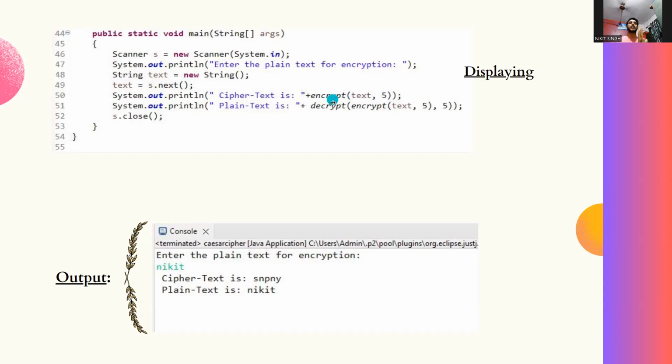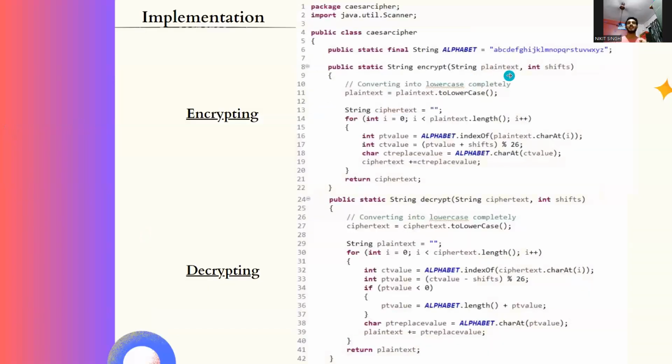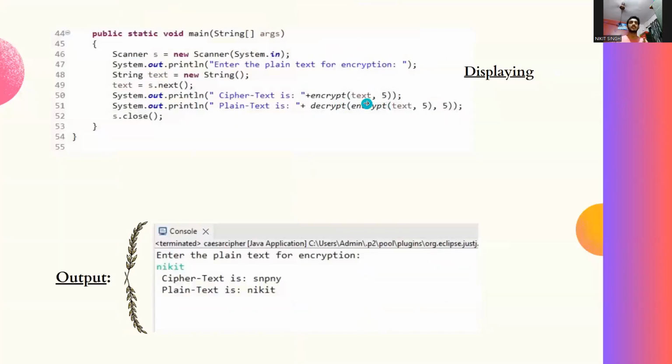As I said, for encrypt method, there are two parameters, plain text and the shift. Now this text is the text which I am taking from the user, which is the input. The proper plain text is stored in this text variable, and this is passed to the parameter 1 of encrypt method, and this 5 is the shift key of